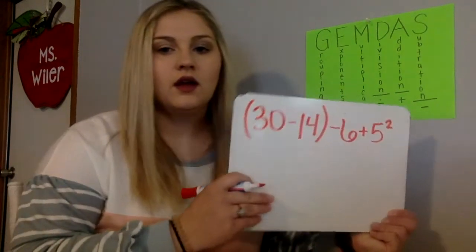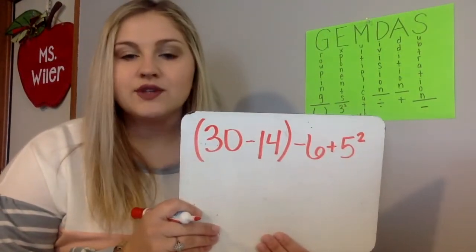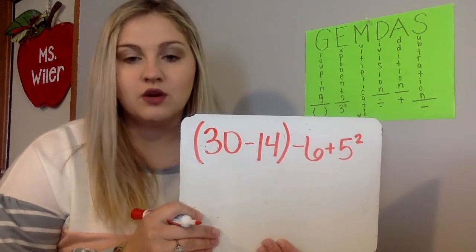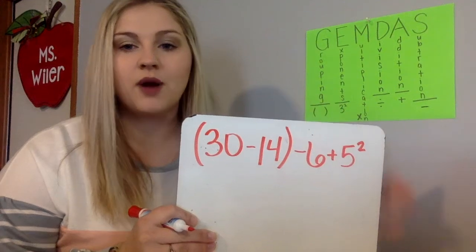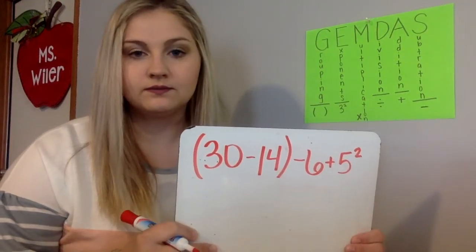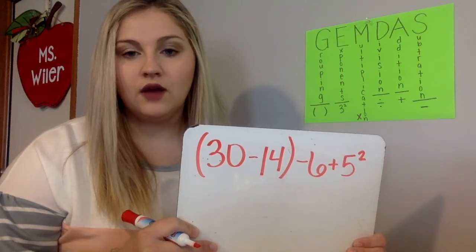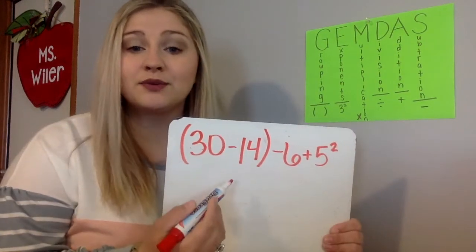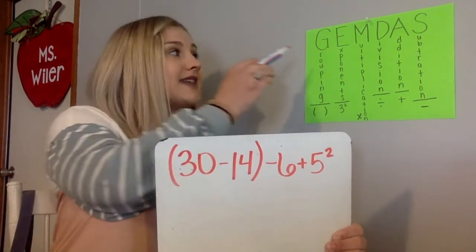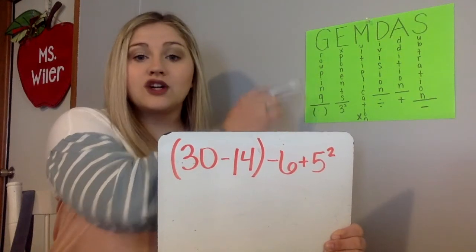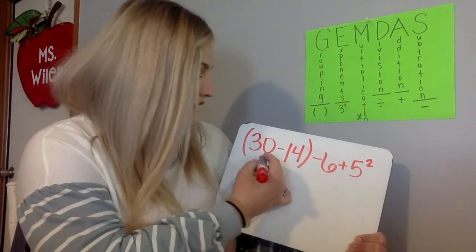Okay, everyone should have that written down by now. Think to yourselves, what comes first when we are thinking of our order of operations? What part of this problem do we need to do first? If you came up with what's in parentheses, then you're correct. We need to do what's in parentheses first because that is our grouping, the G, and that's what comes first. So 30 minus 14 is going to be